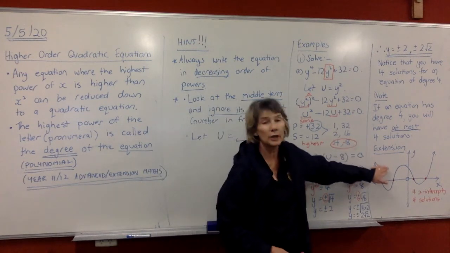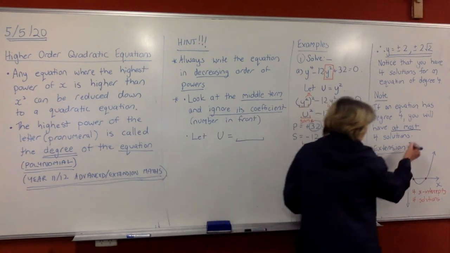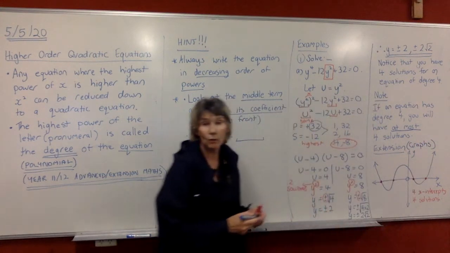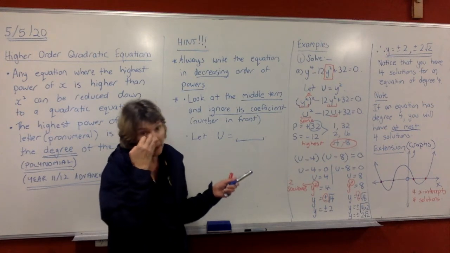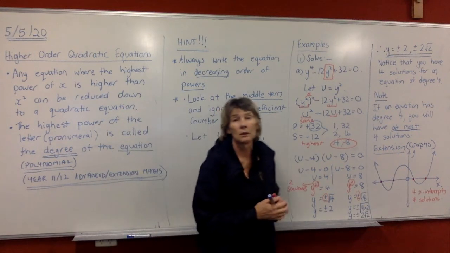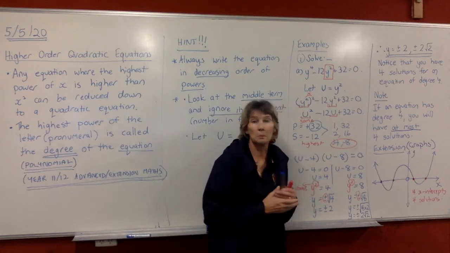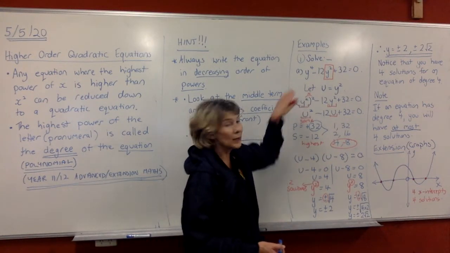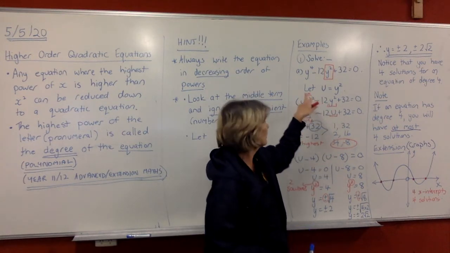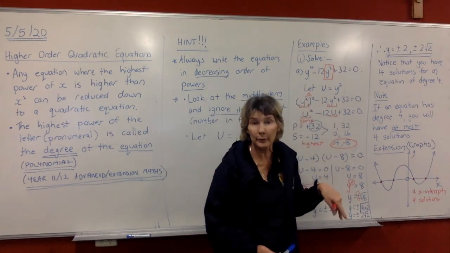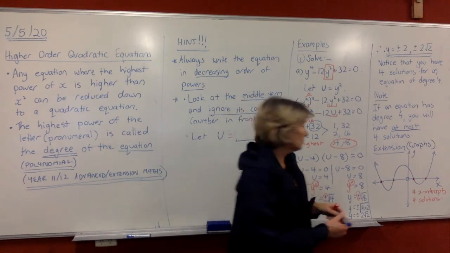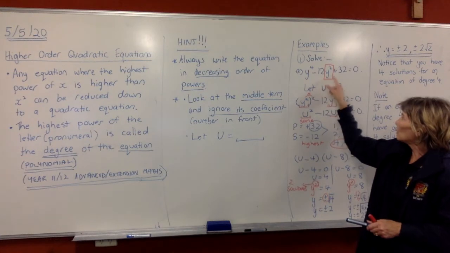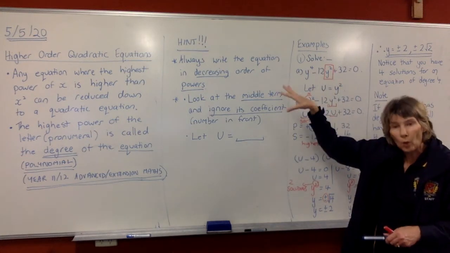Now, I'm just extending you into a graphical application of what we're doing. This will be part of the Extension 1 course. If you go into doing the polynomials, it's quite easy once you get into it. All right, but basically, if we look at graphing this thing here, now you're looking at it going, well, how can you graph it when you've only got one letter there? But if we had x to the power of 4 minus 12x squared plus 32 and had a y in front of that,